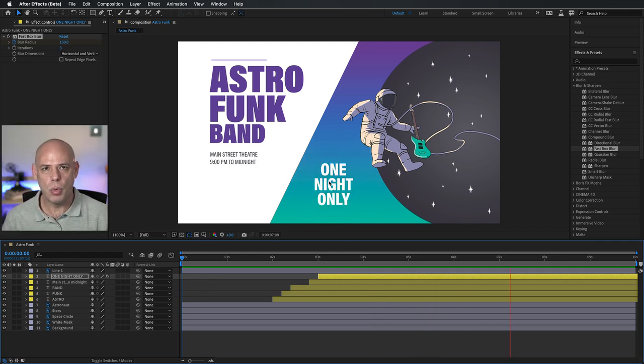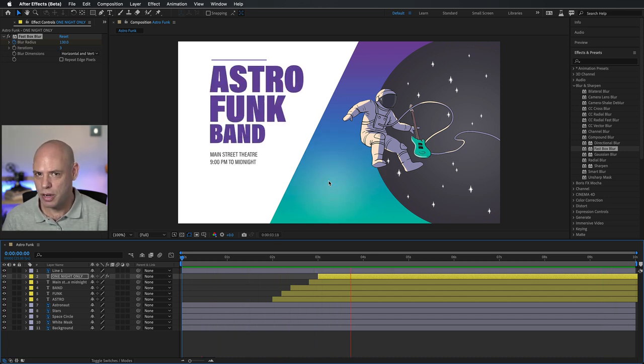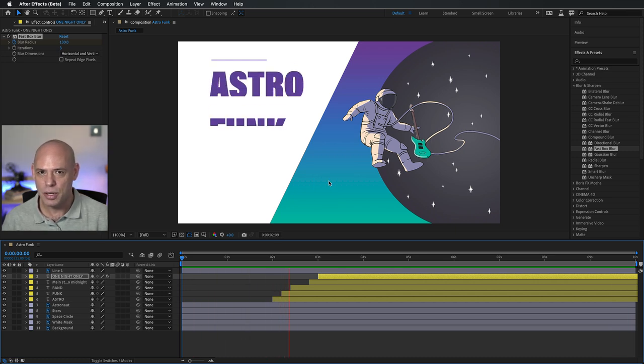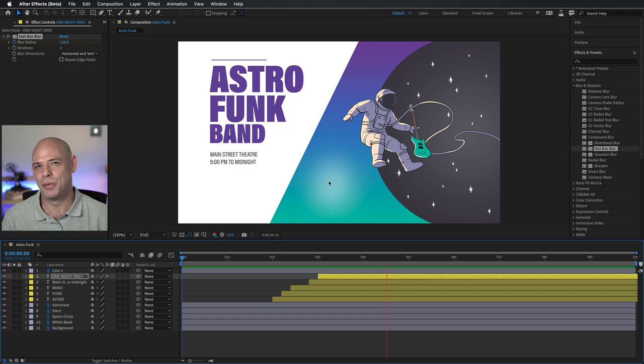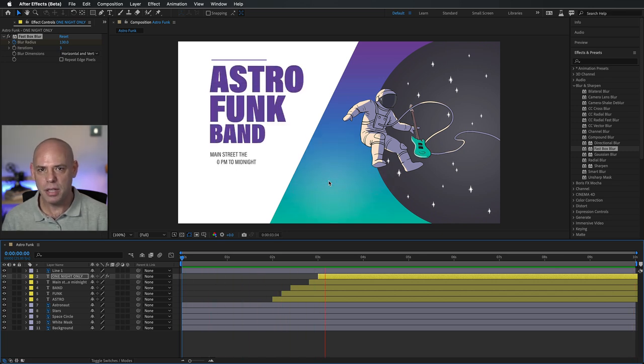So just to summarize what we've done so far, we've used masks and text animators to create a custom ease with the graph editor, harnessing one of the common animation principles, which is easing. Then by repeating elements and cascading layers, we've ticked 2 more animation principles, and we've also spiced it up with this mystery blur exposing the last title, giving the viewer enough time to read and digest all the textual information